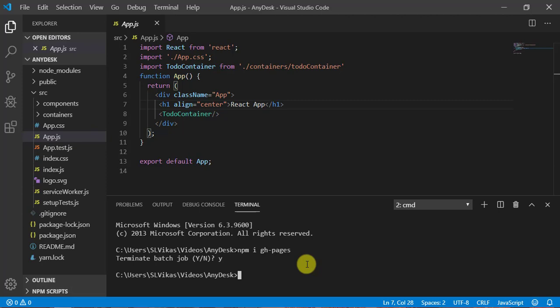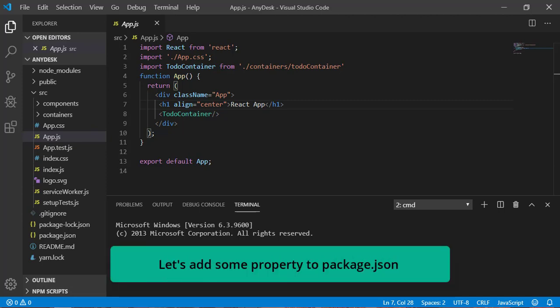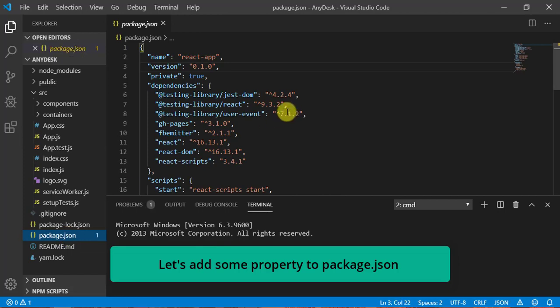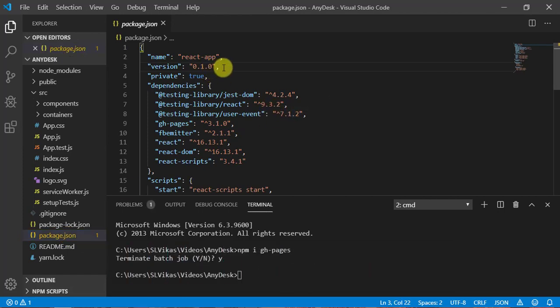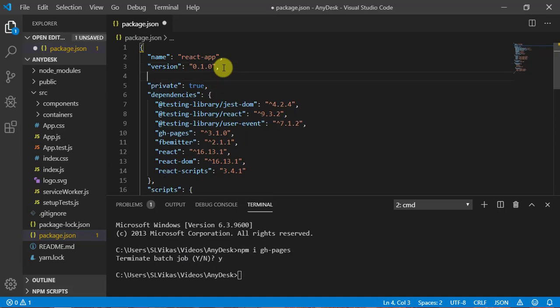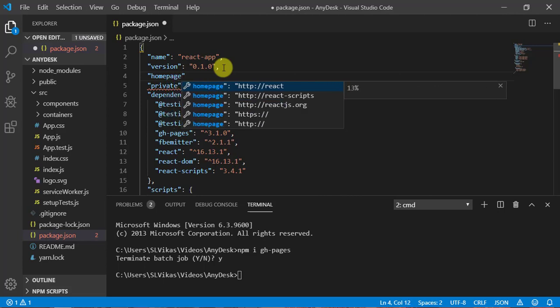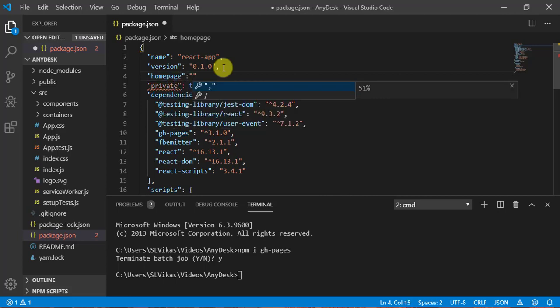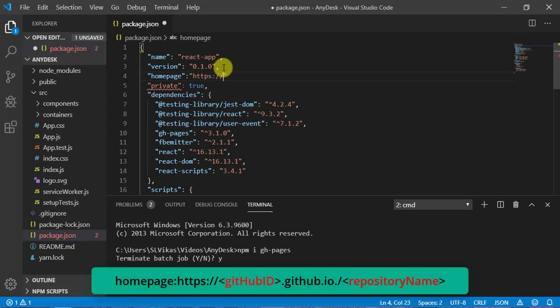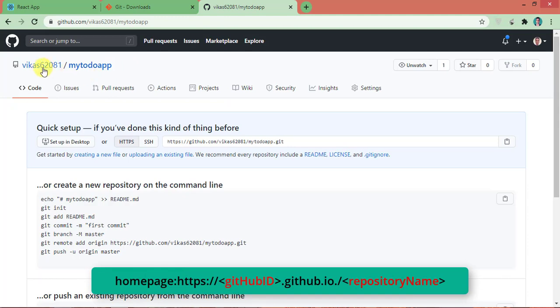Now in order to deploy our application on GitHub, we need to make a modification in package.json. So let's go to this file, and here we need to add a new property called homepage. The value is going to be https:// and our GitHub account name, the GitHub ID. So what is the GitHub ID I have? Vikas62081.